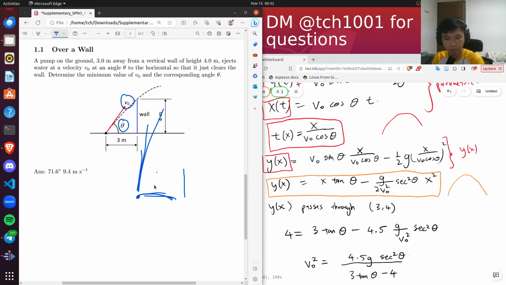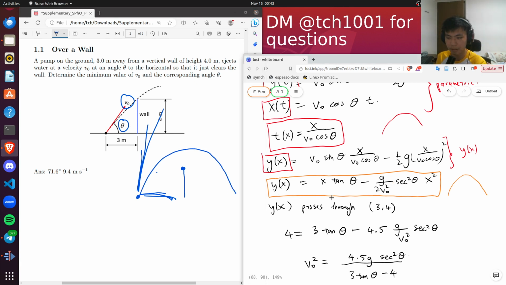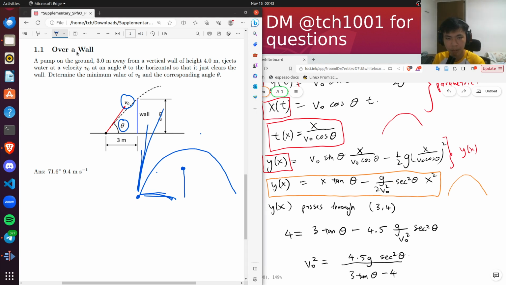So we want to narrow it down to 1D, and specifically, every single value of v naught and theta would define a parabola. If I give you a v naught and a theta, you can tell me what parabola exists, given by the orange equation on the right over here. Given a v naught and a theta, you can tell me the parabola y in terms of x. So now we want to look for parabolas. I claim that we want to look for parabolas that actually pass through